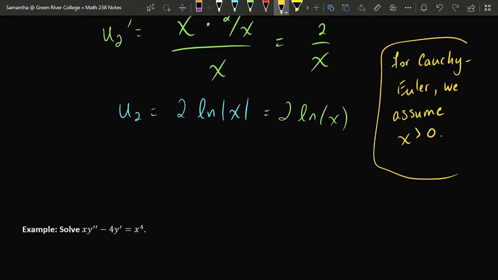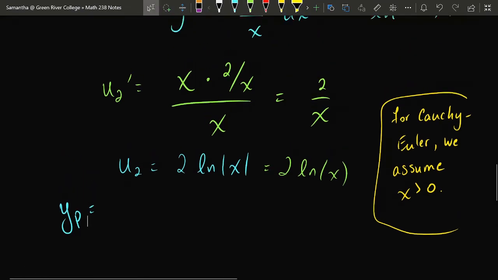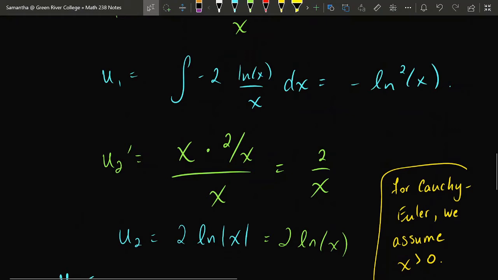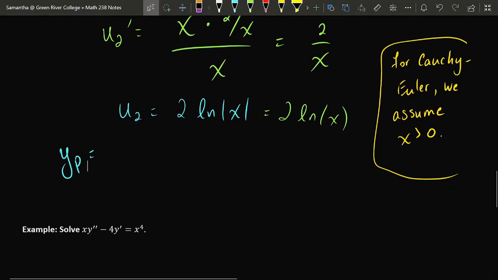So that's one way to simplify this expression a little bit. You don't need to take the absolute value of x if x is already strictly positive. So with that, we can assemble our particular solution. Our particular solution has the form u1, which is negative natural log squared, multiplied by y1,